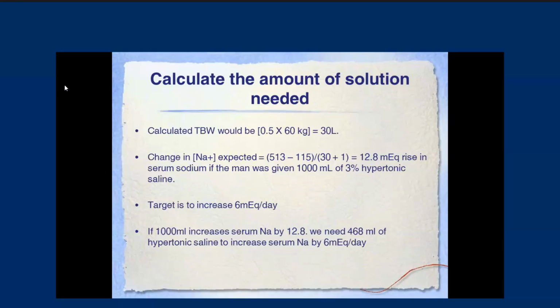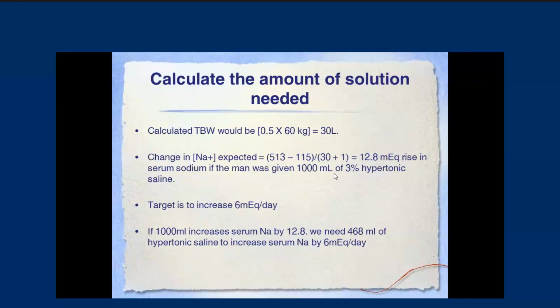So the change in sodium expected: infused sodium, so we're using 3% saline, which is around 513, minus the serum sodium, which is 115, over 30 plus 1, then you will get a result of 12.8